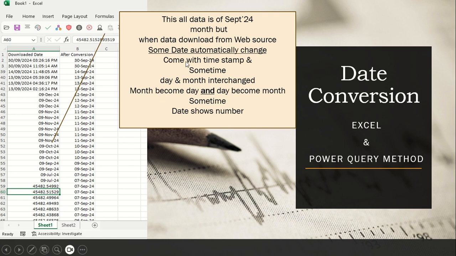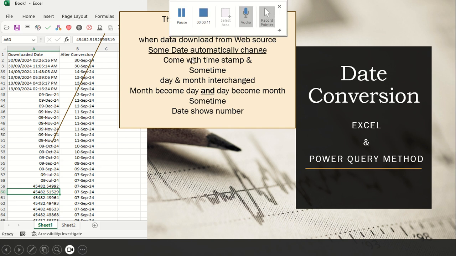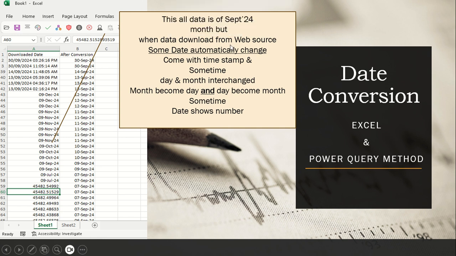which is downloaded from the web sources. Sometimes it happens when you download data from web sources that the dates in the data automatically change. Like the example I have shown here: when you download this data, some dates come with a timestamp. Other dates have interchanged, where day becomes month and month becomes day, and sometimes it shows like